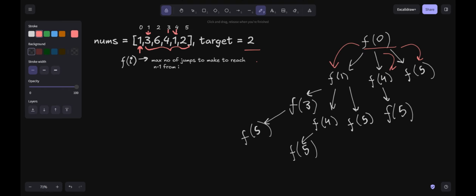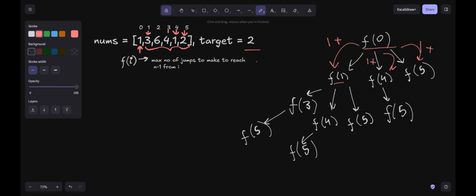At f(4) I have 1, 1 minus 1 is less than or equal to 2, and at f(5) I have 2, so 2 minus 1 is less than or equal to 2. So I have made one operation, so I'm going to do 1 plus the next index I'm going to.